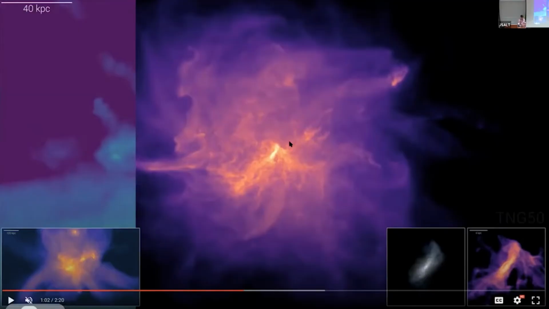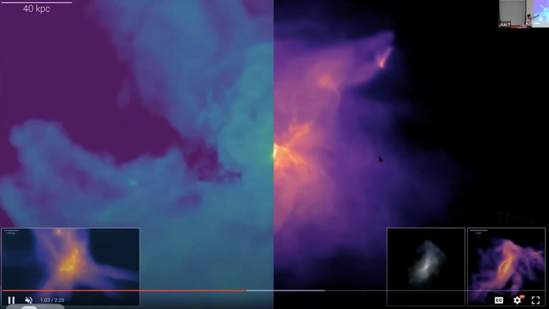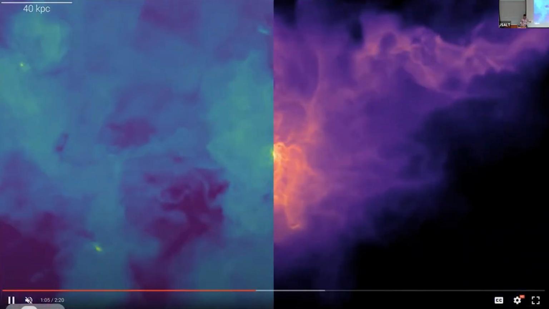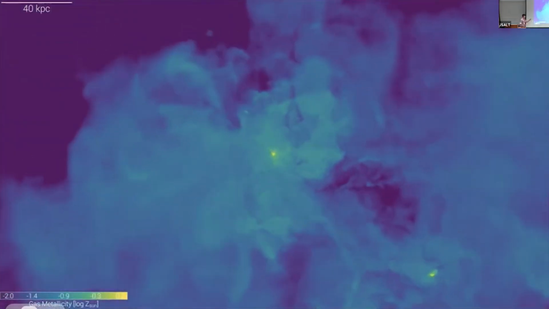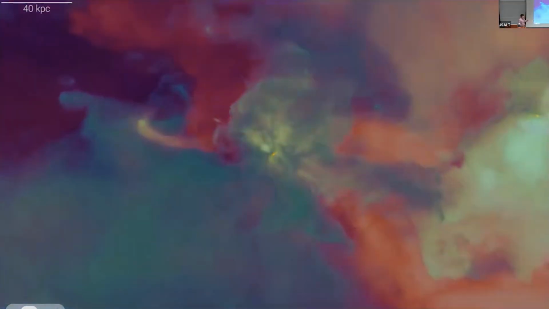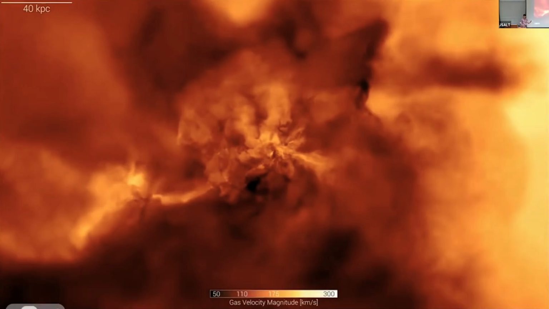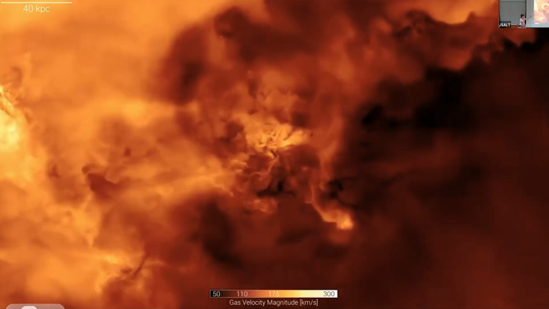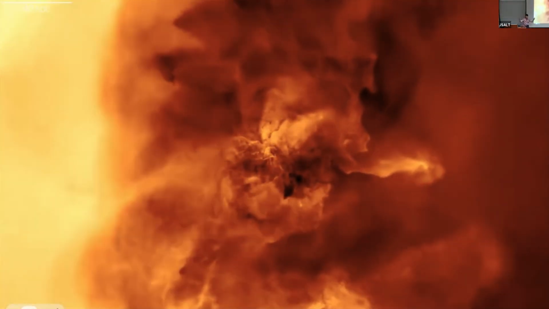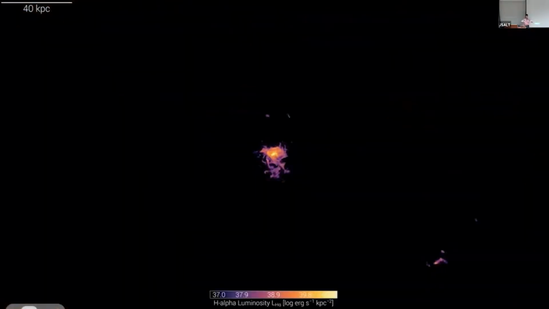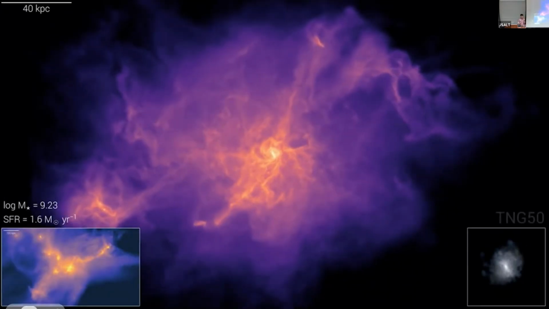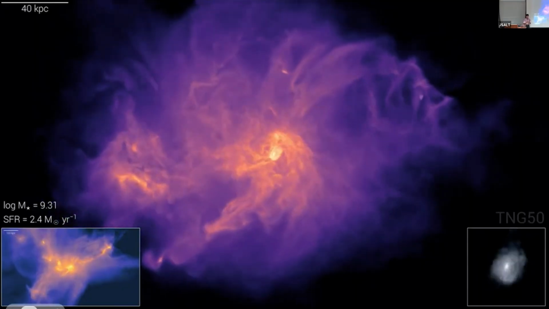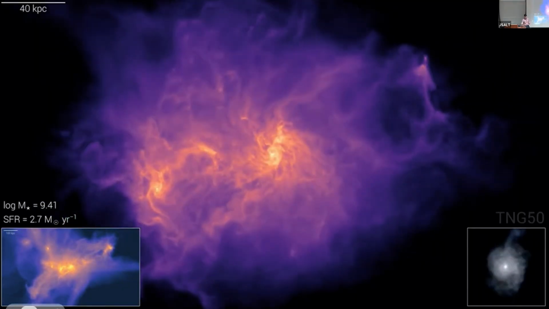Okay, so what's going on with this other color scheme here? This purple and yellow is showing what we call the metallicity, the chemical abundance of heavy elements in this galaxy. So the yellow colors are where there are more heavier elements created by those stars. This now in red and white is showing the velocity structure of the gas. A lot of gas is falling in, a lot of gas is being blown out. And the reason it's being blown out is because there is accretion onto a central supermassive black hole of that galaxy, which is causing a huge heating of gas within the galaxy.